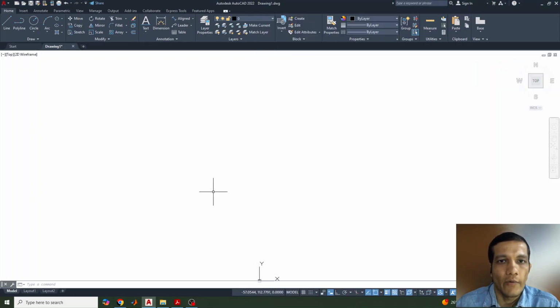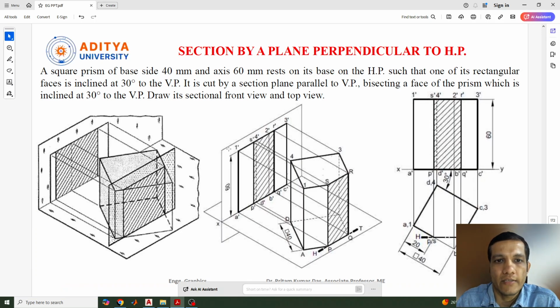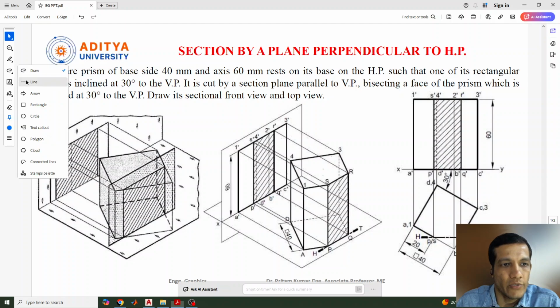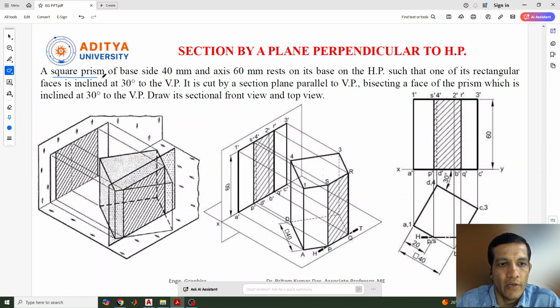Hi everyone, welcome to this new video lecture of AutoCAD. In this lecture, we will continue our discussion regarding the section of solid, where the section is by a plane perpendicular to the horizontal plane. And here I have taken a question related to this square prism, in which the base side